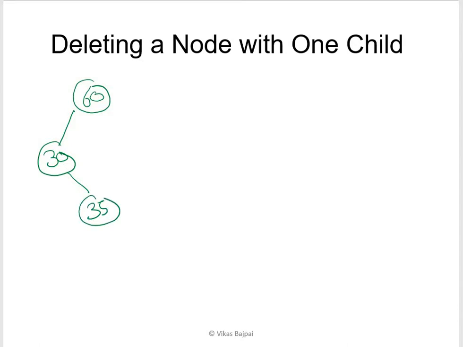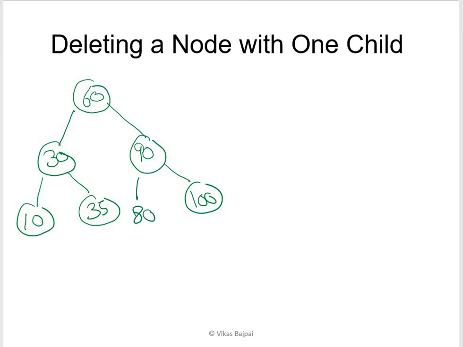This was 35, this was supposed to be 10. On this side we had these set of values, of course 100 and 80, and then let me add some more, 85 and then 75, right? And let's say I have to delete,